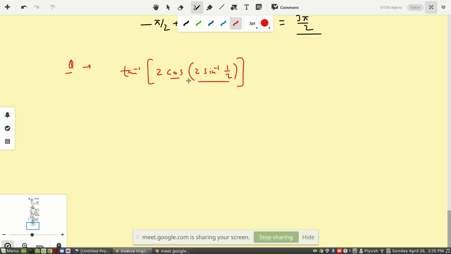So anybody? So I'm just showing the steps also, that you need to first concentrate here, and we know that whenever inverse trigo is there, you're going to give some angle, so this will give the angle. Now here you can see that it's not inverse, it is simple cos. So cos of that angle you can figure out, and once you figure out that, you have to multiply by 2, and then again you have to figure out tan inverse of that. So it is like three problems inside one problem, so it may be a little long, but it can't be tough.